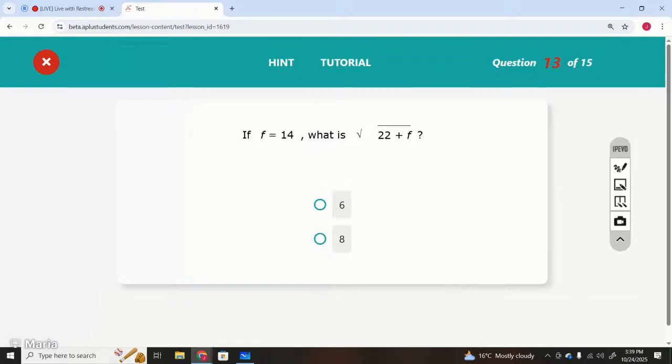If f equals 14, what is the square root of 22 plus f? Option number 1 is the correct option. That is 6. Okay, you can complete